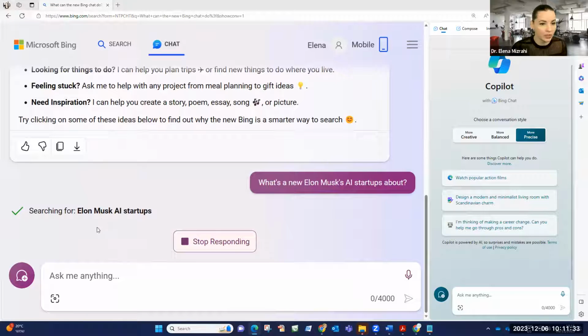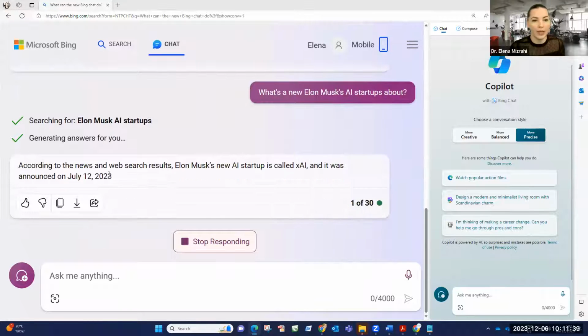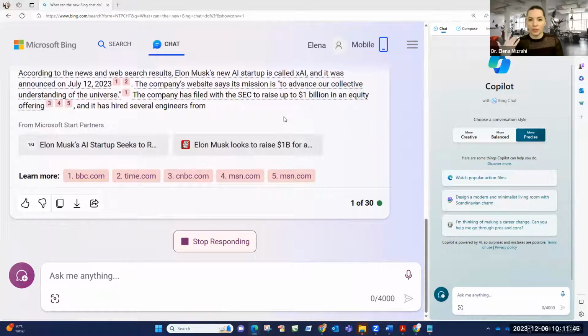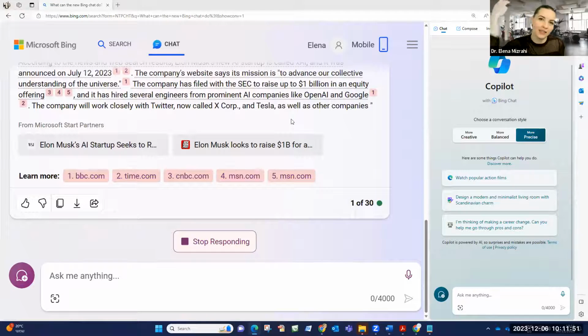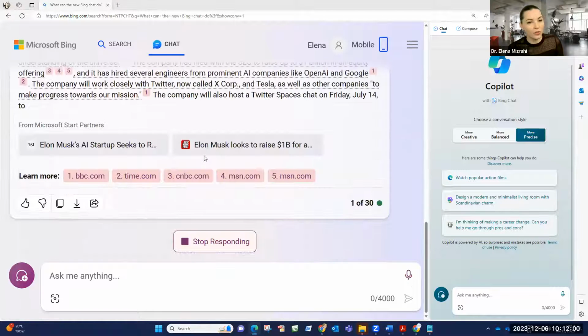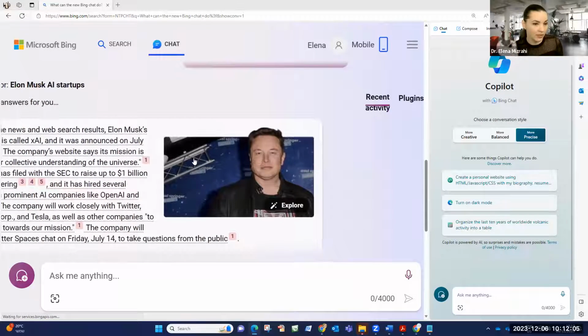So it's now searching the internet, basically because it didn't find it in its own model. Okay, and according to the news, you can already see a difference between Google, where you just ask a question and get an endless list of articles, thousands, right? You can get lost there browsing and searching for your answers. In Bing, you actually have an answer that is already a compilation of different sources that Bing selected based on the question, and it even produces an image for you. So this is an interesting bonus that Bing offers.